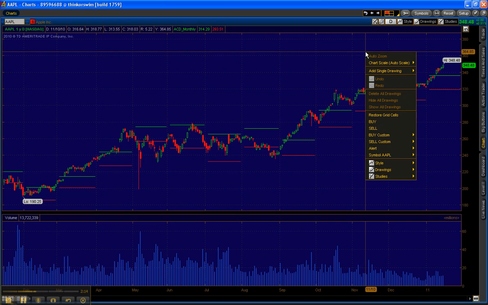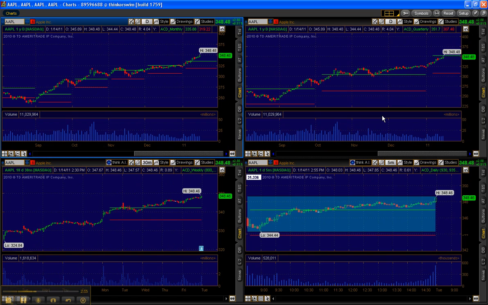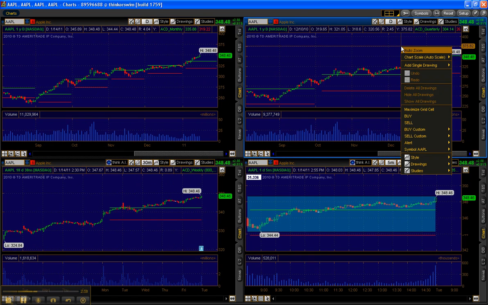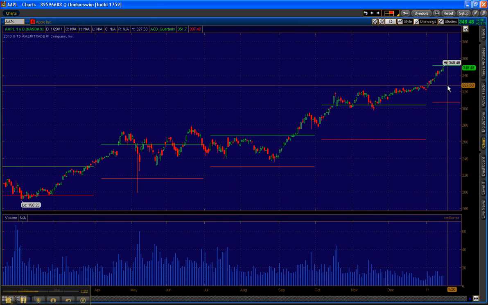Let's also go over here to the quarterly. Now, this is going to look really nice because we're going to fail right at the quarterly A up, which was 350. 351.70 is a quarterly high volatility level, and the stock traded up to 348.50, so within 0.5%. It's going to open somewhere in the middle of that area tomorrow. And the quarterly level has been a fantastic buying opportunity in the stock. That's going to be around 307.50.